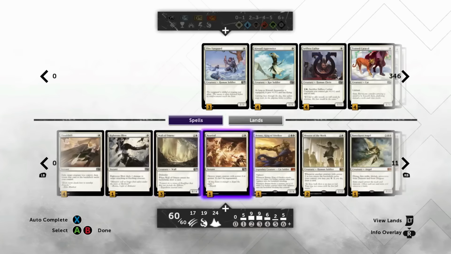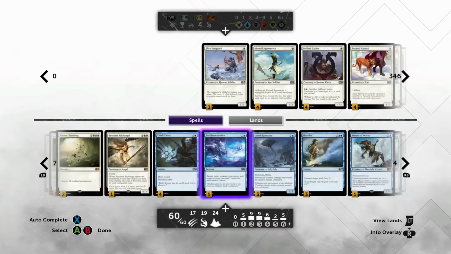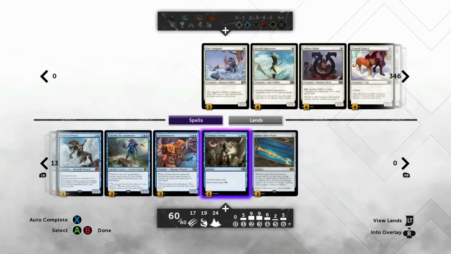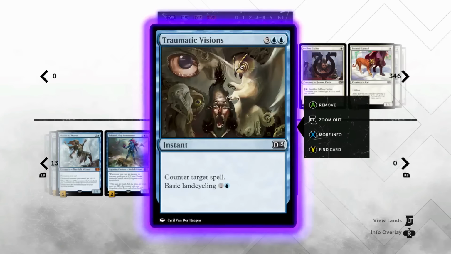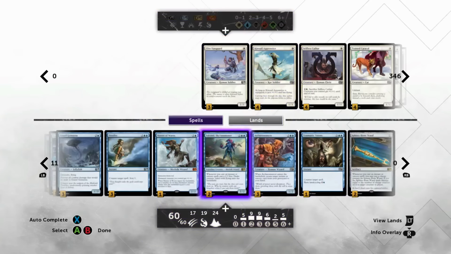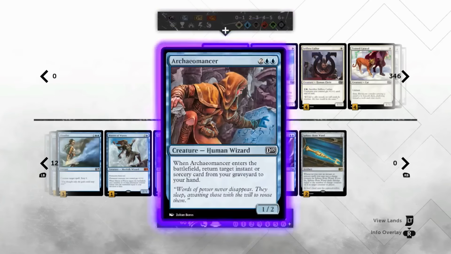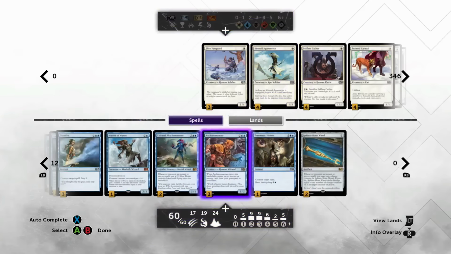And what other 1-ofs do we have? One Peel from Reality. And, like I said, 1 of Traumatic Visions, but also there's another hard counter and more for emergency land cycling. I only run 3 of the 4 Archaeomancers, because, like I said, you don't really need him to win